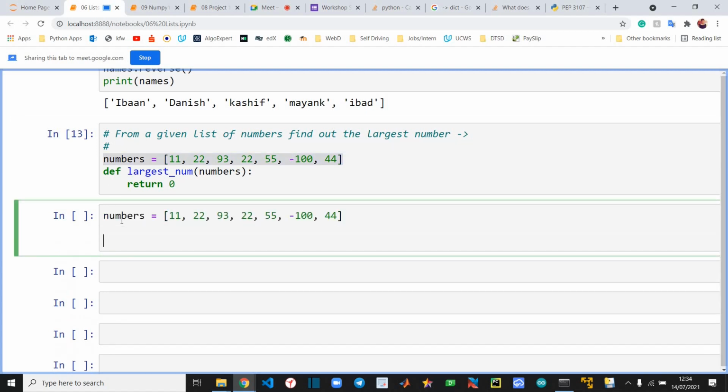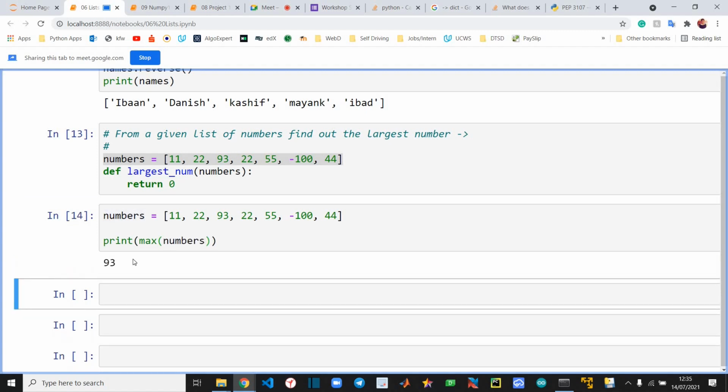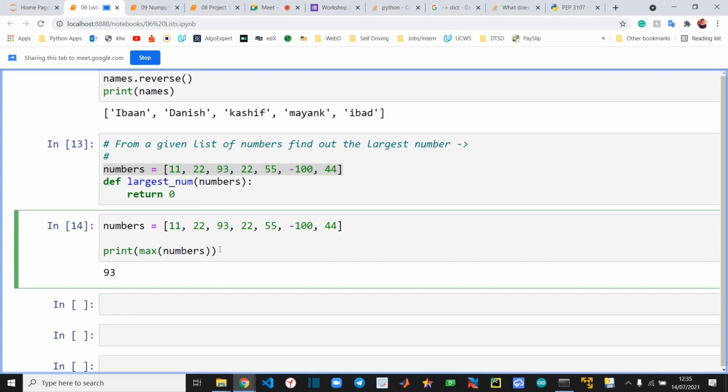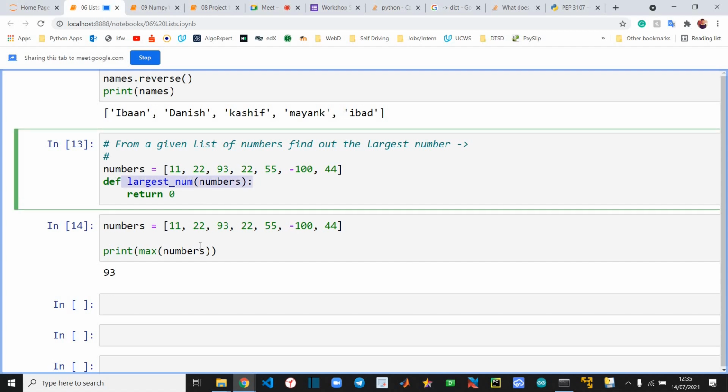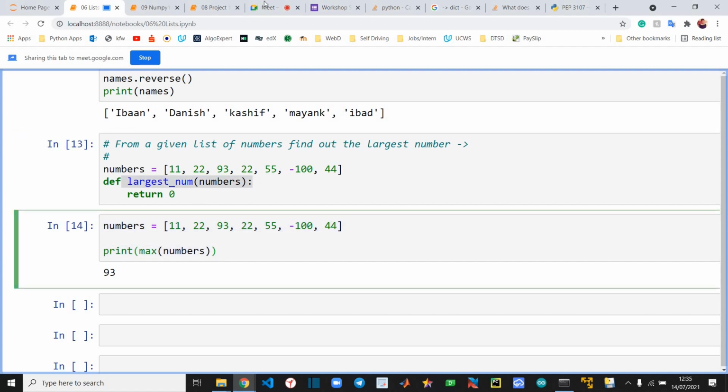What you can do is just write print max of these numbers, 93. You can use the max command. This is also one of the commands of Python. But yeah, you can write this thing on your own.